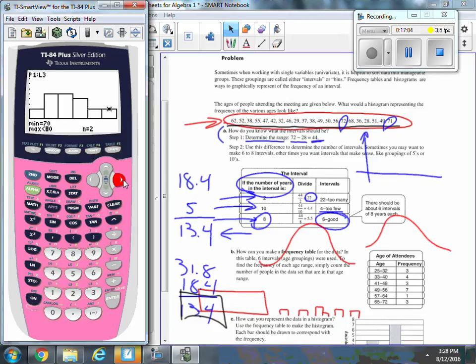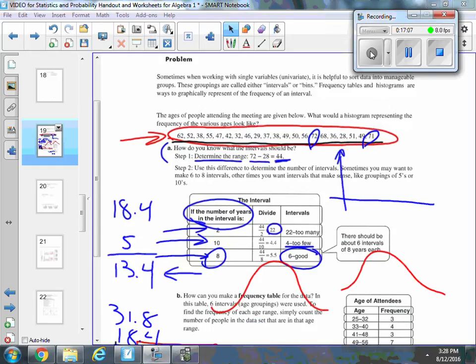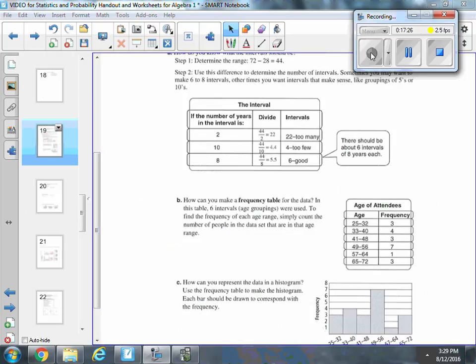The main thing is that you understand what a bin is, and that the bins have a size. They have an interval size. And yeah, so if you kind of get that, you'll have a pretty good idea of how to answer most of these questions that would be like on an SAT. So based on that explanation, I would hope that you could then figure out what they're talking about in B